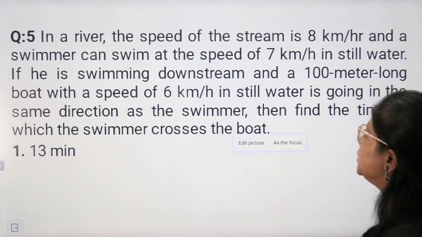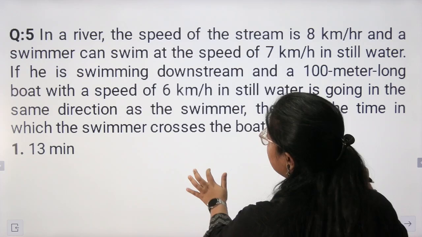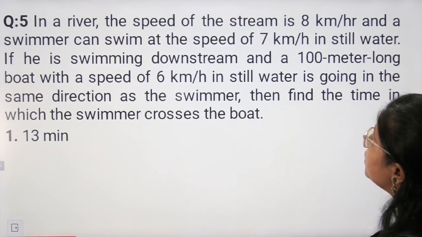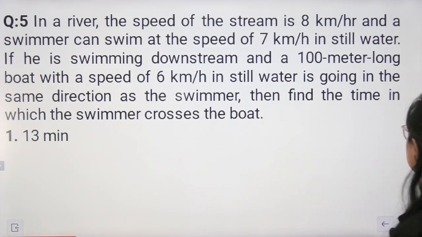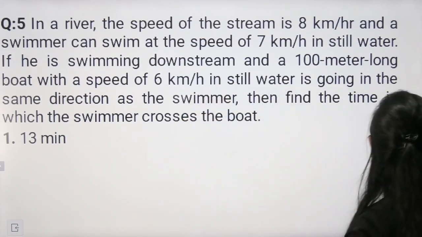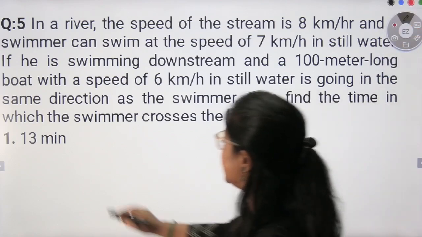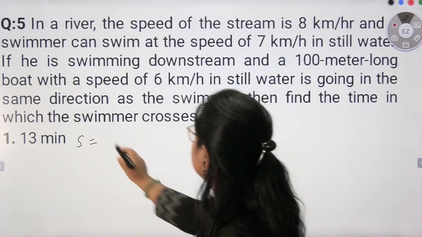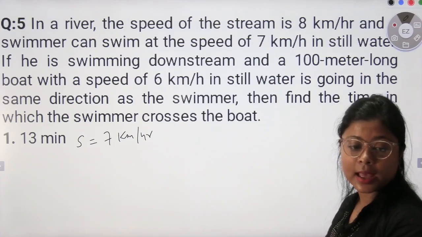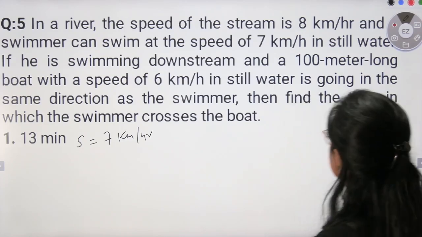So in a river, the speed of the stream is 8 km per hour. Okay, the speed of the stream is given as, oh sorry, 8 km per hour, and a swimmer can swim at the speed of this. So let us consider the speed of swimmer to be s. Then s is given as what? 7 km per hour. And what else is given? He is swimming downstream,